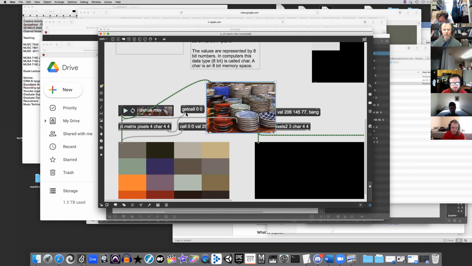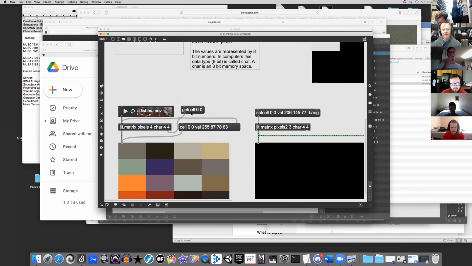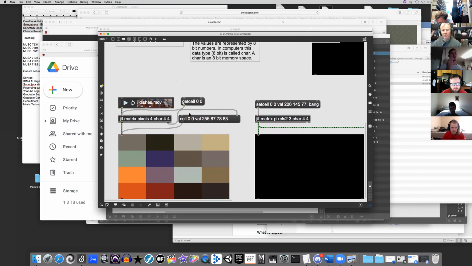Here the window is assuming this matrix of pixels is the size of the movie, so that's probably 720 by 480, or some number of pixels. But I can downsample that and put it into a 4 by 4 matrix, and this is what it looks like. So now we get a quite pixelated version of this movie. But it does make a nice